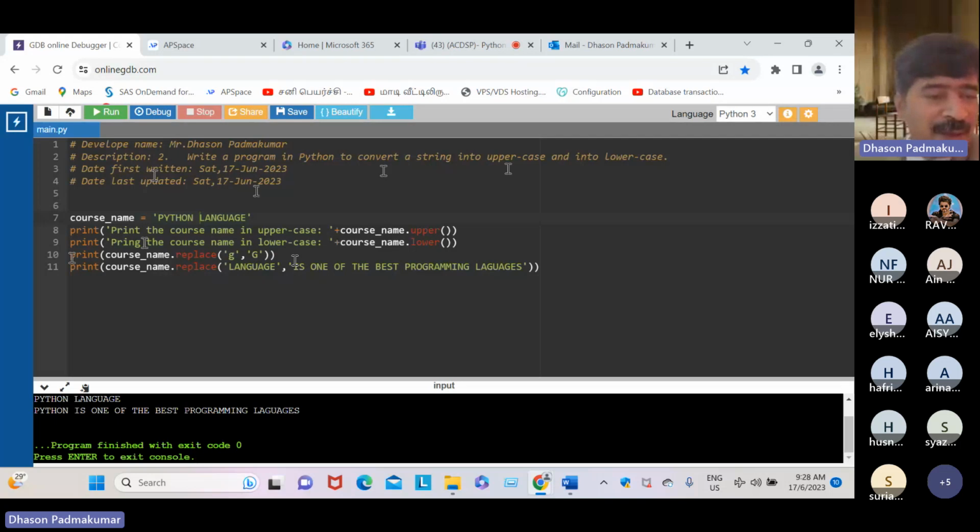So here, how to replace just one letter. Here, how to replace one word with either one word or a few words.